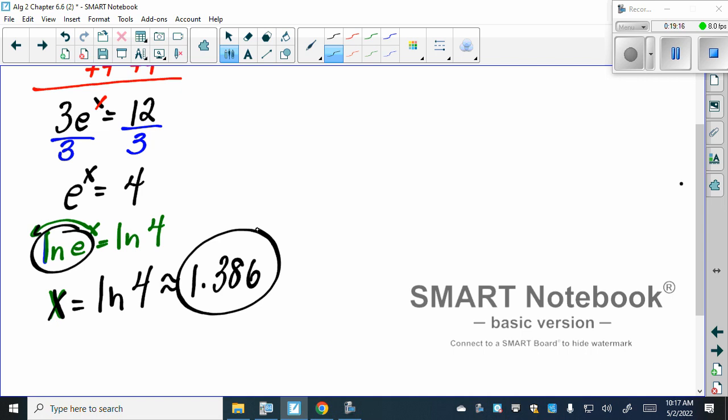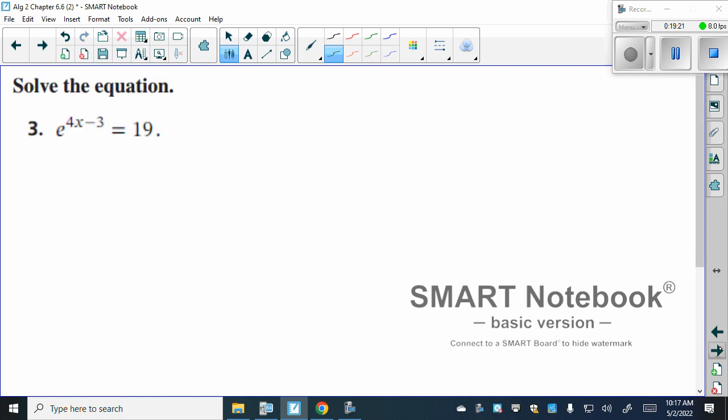We kind of like this here. Do we need to see another example of one of these? Because the only way that this is any different than the one we had before is that we're going to have stuff outside the log. Because here e is already by itself, so we would start out with applying the natural log to both sides, which is just going to tell us that 4x minus 3 is equal to ln of 19. Then we would add 3 to both sides,